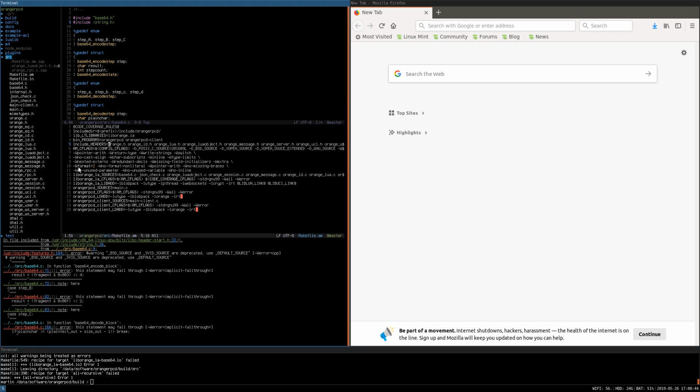For example, here we have the Makefile.am in the source directory. It contains a lot of definitions. I want to split this up into a separate definition for the library and a separate definition for the executables that are created as part of this project. So we've got two executables, Orange RPCD and Orange RPCD client, and then we also have the liborange library. It would be nice to split them up. But I'm going to start by